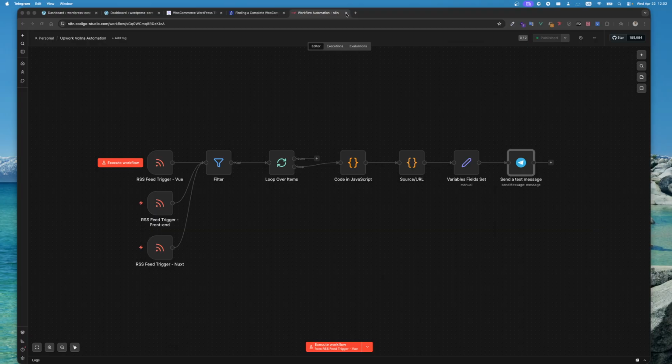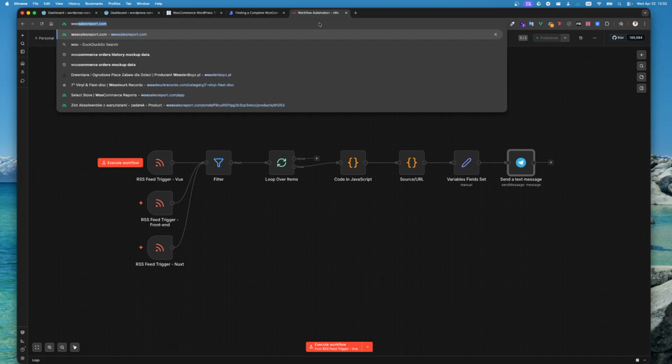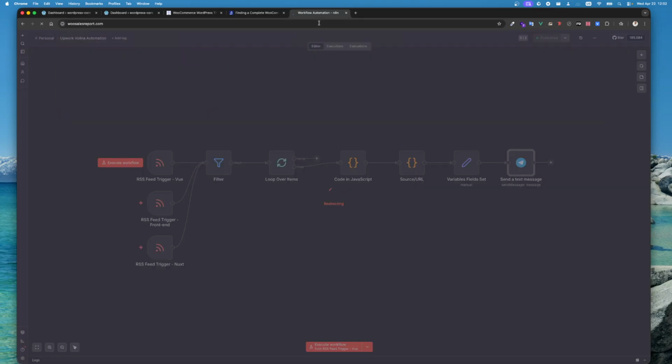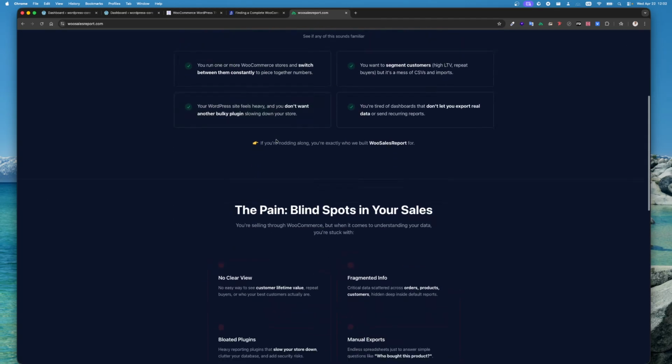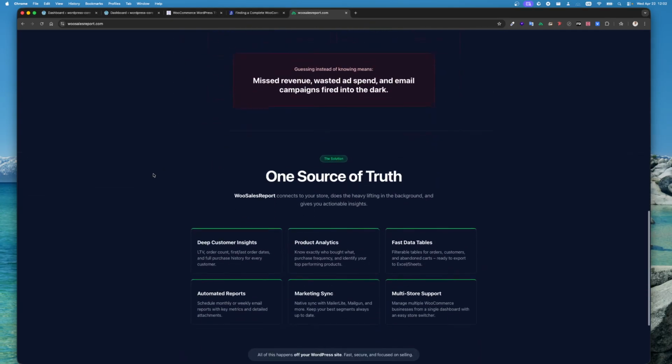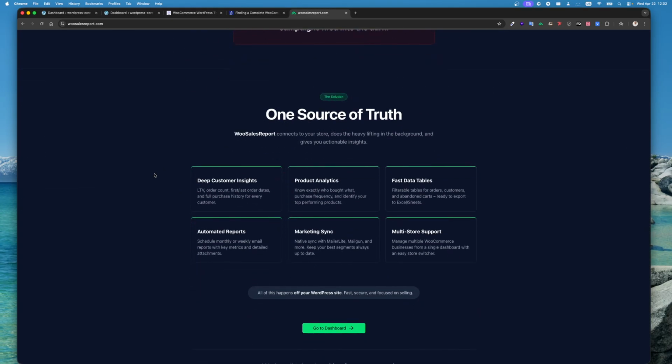one of the tasks I have at the moment is a web application called WooCommerce Sales Report. The way this works is it's basically a reporting system that shows lifetime value for customers. It matches a customer with their sales history, their purchase history, and puts together analytics. For example,